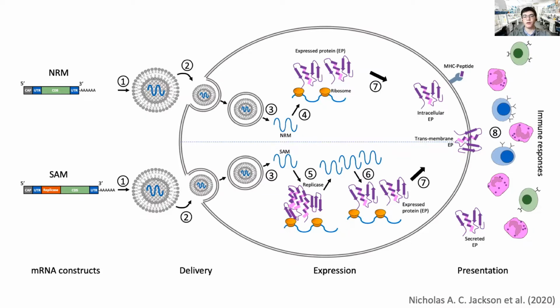There are two categories of mRNA construct that are currently evaluated: non-replicating mRNA and self-amplifying mRNA. Both have in common a cap structure, 5' and 3' untranslated regions, an open reading frame, and a 3' poly-A tail. Self-amplifying mRNA differs with the inclusion of genetic replication machinery by encoding additional replicase components able to direct